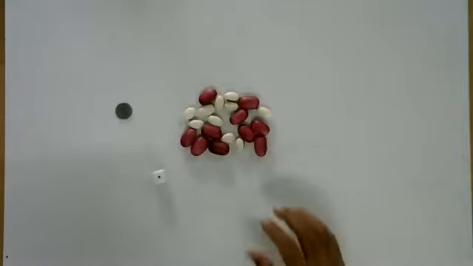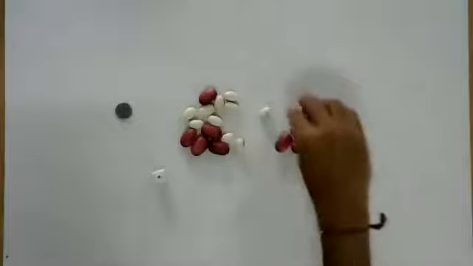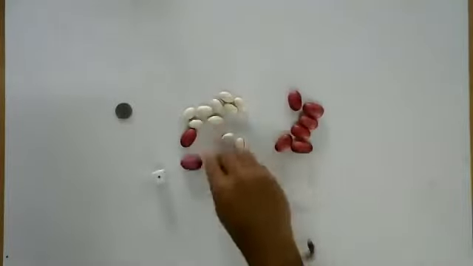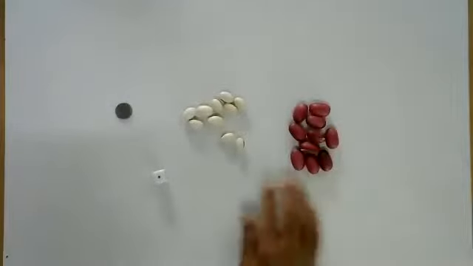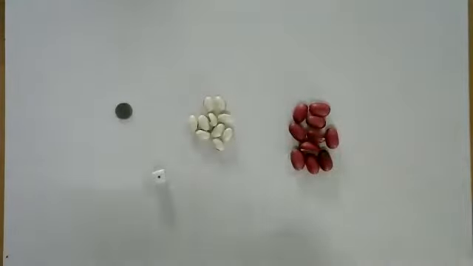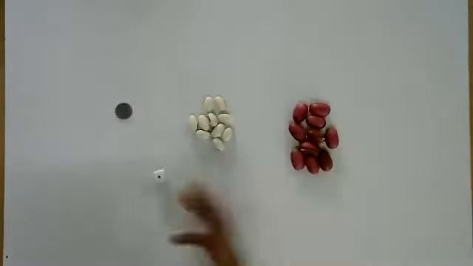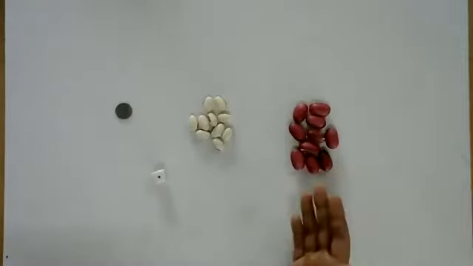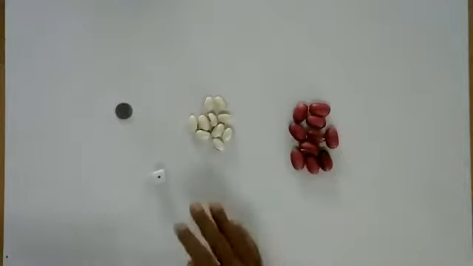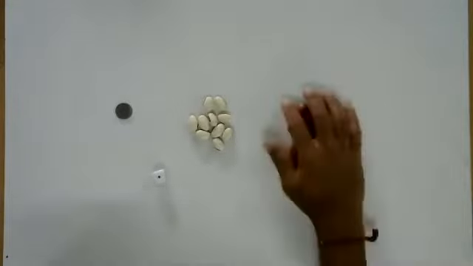Now, the first thing that I'm going to do, we should keep the heading activity, test activity. So I'm going to separate these two types of beans. I have 10 red beans, and then there are 10 white beans. We have done a little bit of work on integers already, so you probably know that I'm going to use one of them as positive numbers and one of them as negative numbers. But we will come to that. The whole idea is to explore that idea.